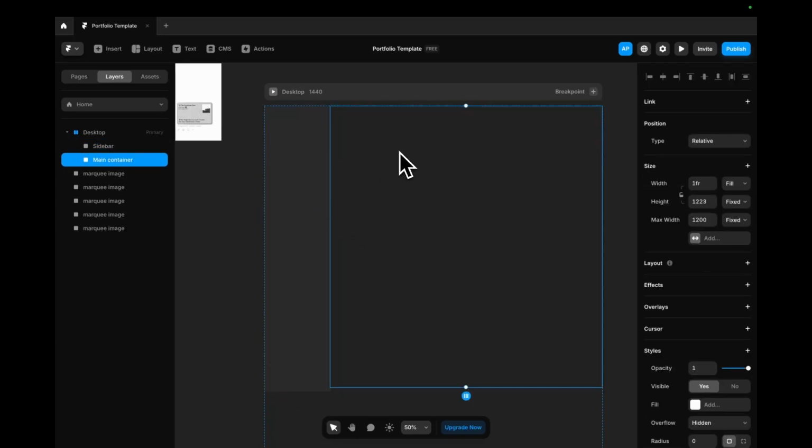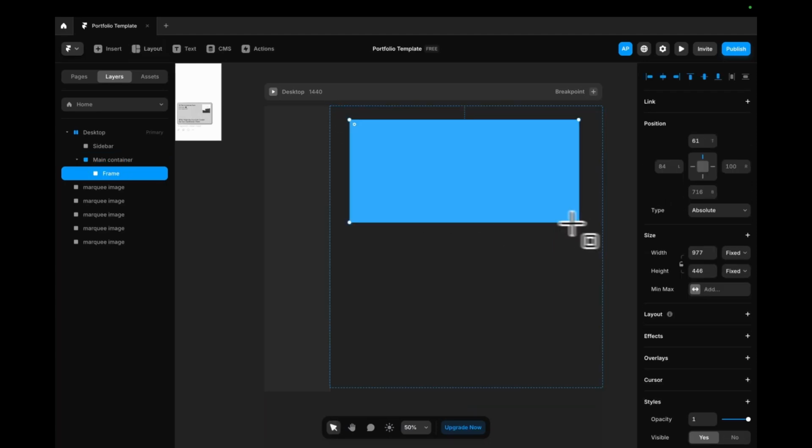Now in the main container, we're going to start giving it each of them sections. So there's going to be a hero section, there's going to be an about section, or whichever section we're going to add there. So frame again, I'm going to add this here. I'm going to give it hero section. So this hero section, now we're going to give it,